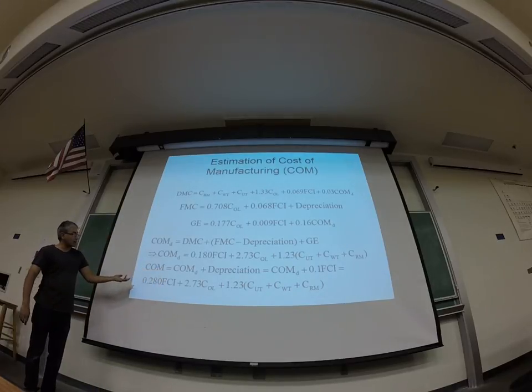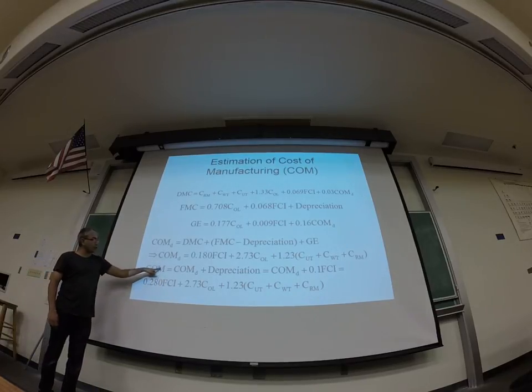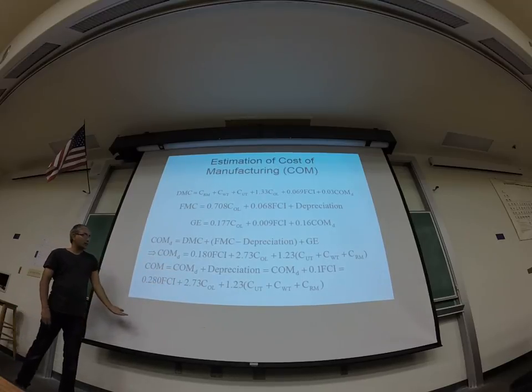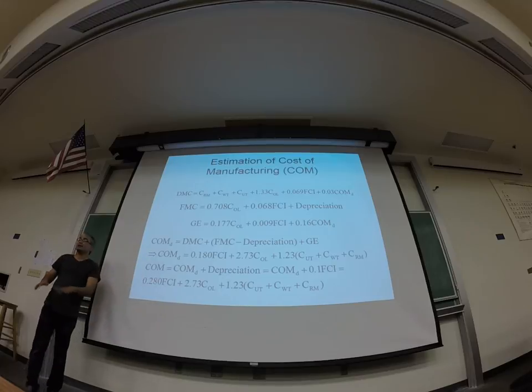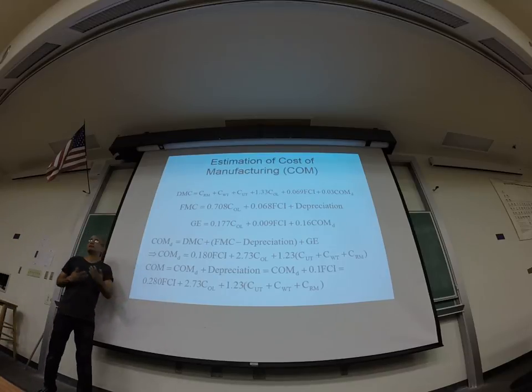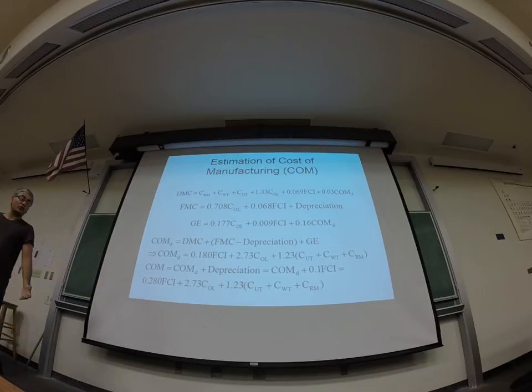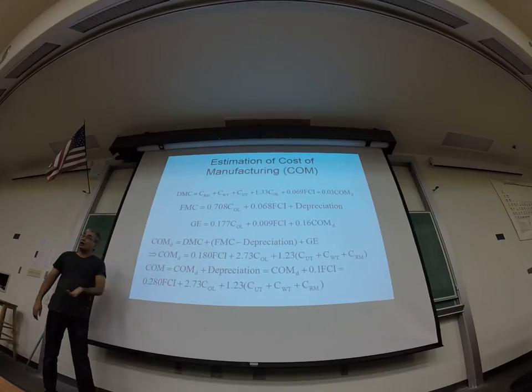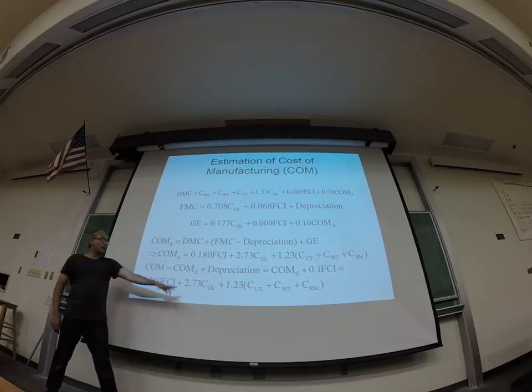So you put it all together and you can get an equation that the cost of manufacturing can be given by this expression. The only important thing to remember, the take-home message, is that COM is cost of manufacturing, COMD is cost of manufacturing without depreciation. Depreciation is a very